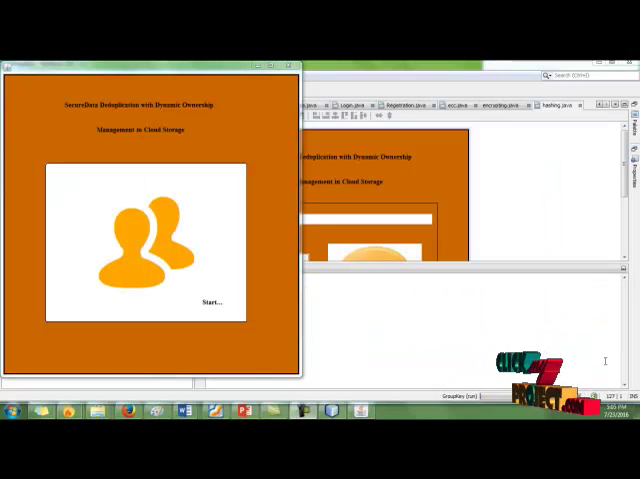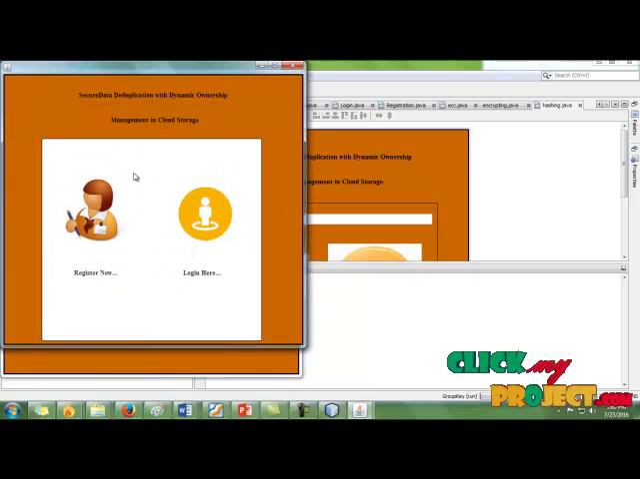Let's start our demo. Our project title is Secure Data Deduplication with Dynamic Ownership Management in Cloud Storage. First click start. After that we have the main page. In that, if you are a new user, go to register, otherwise go to login. So for a new user,